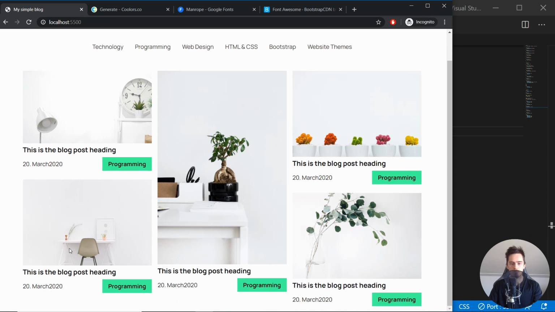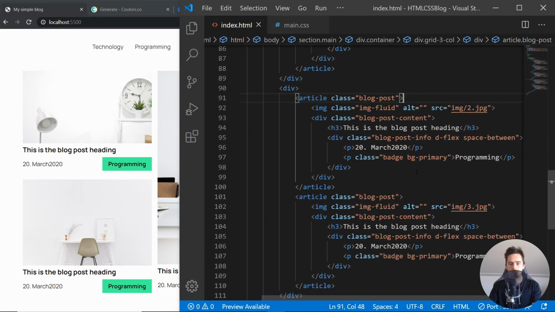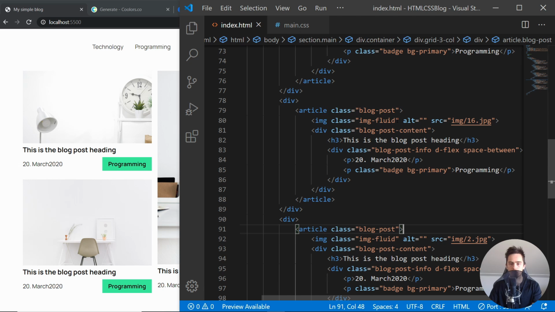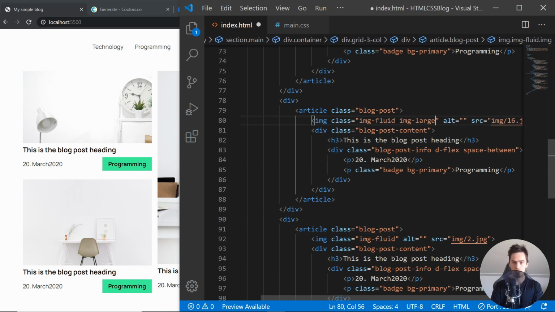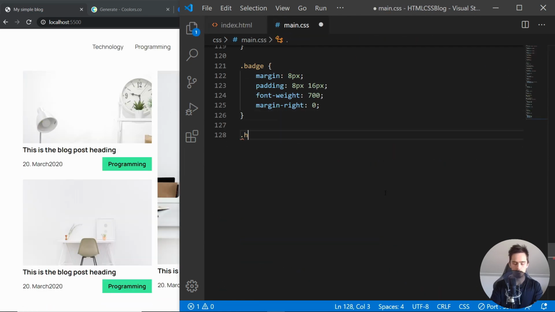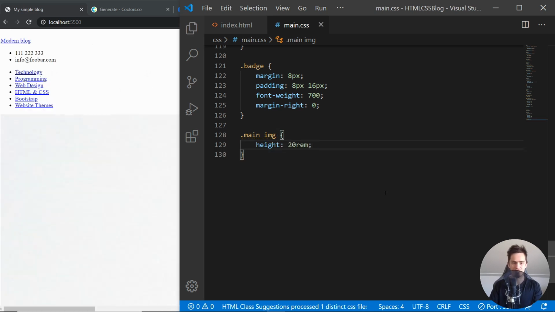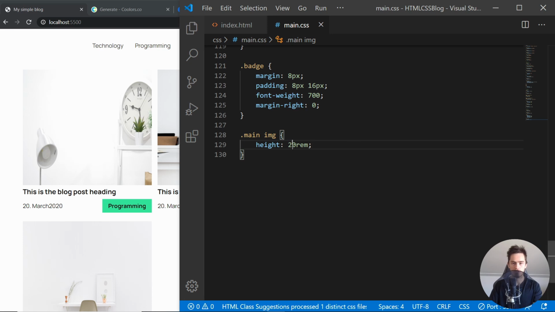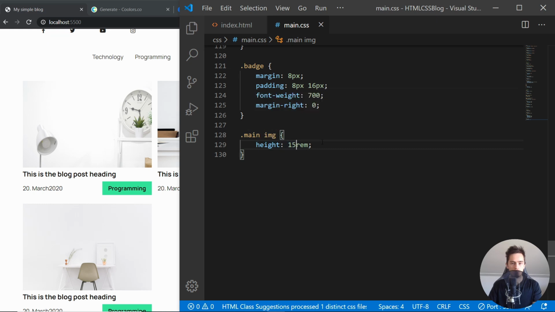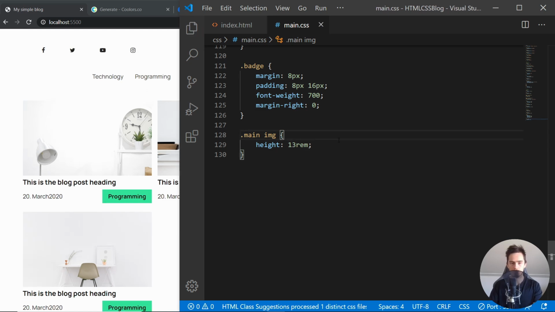and let me also just fix these height so that it's centered, okay, so that it's like on one line. So I will just go in here and add the class of image large for this one, so image large. And in here I will just target every image in the main section, so every image, and let's just say that it will have the height of 20 rem. It's maybe too much. Let's see. Okay, that's too much. Let's just go with like 15 rems. That's pretty all right. Maybe something smaller a little bit. All right, let's just go with 13,